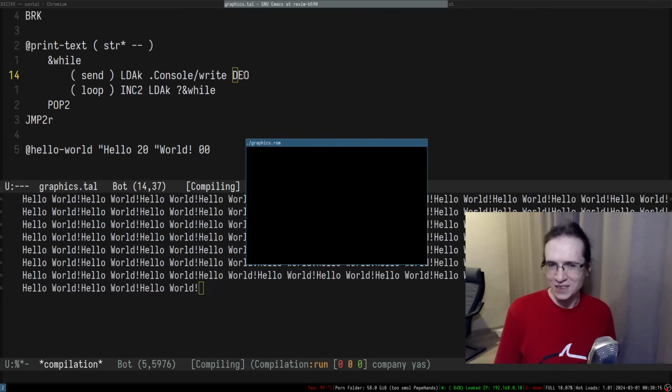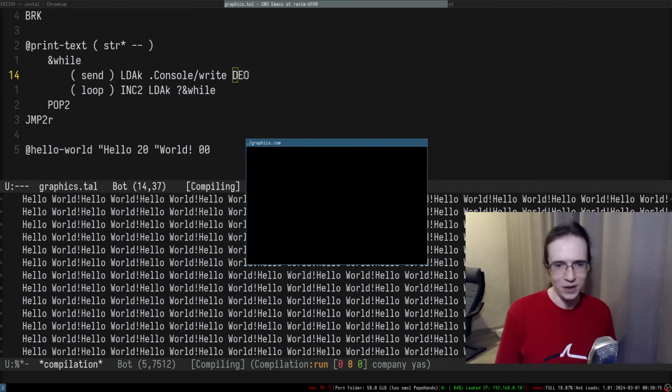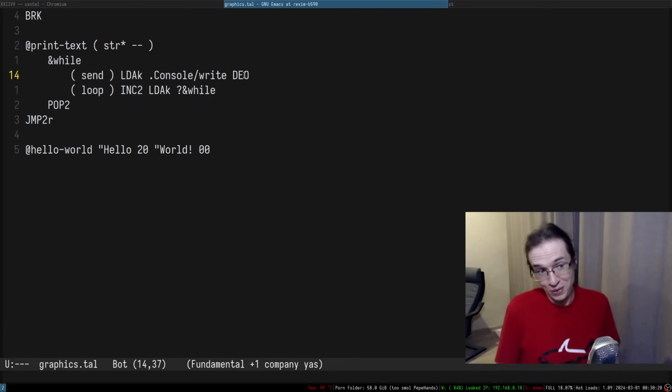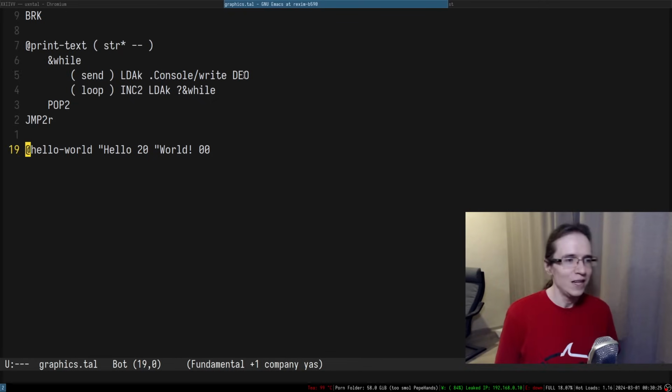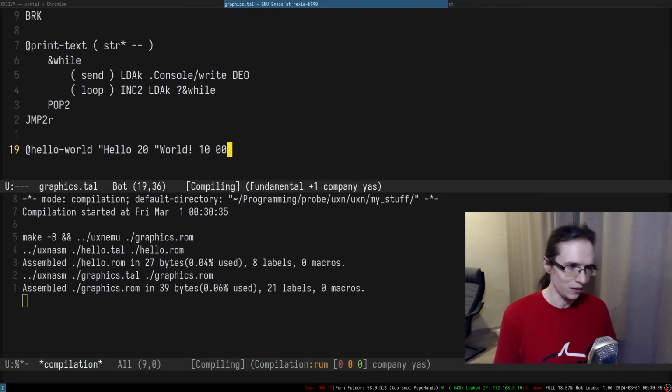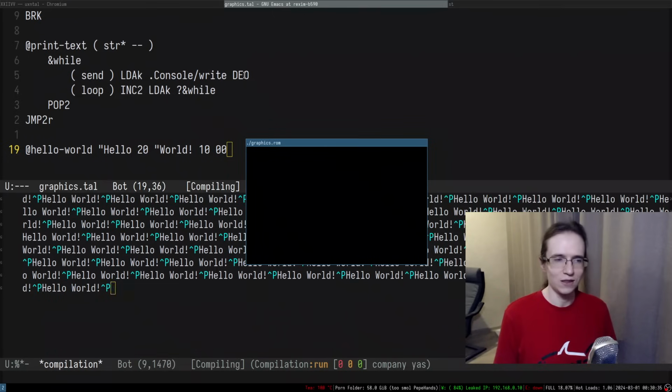It doesn't feel like 60 frames per second, honestly, but I assure you, it does that 60 frames per second. Not bad. Not bad at all. It would be nice to maybe put a new line. So I suppose we can just put 10 in here, right? So this is 10, and if I recompile this entire thing, let's see how it goes. It doesn't look like a new line.